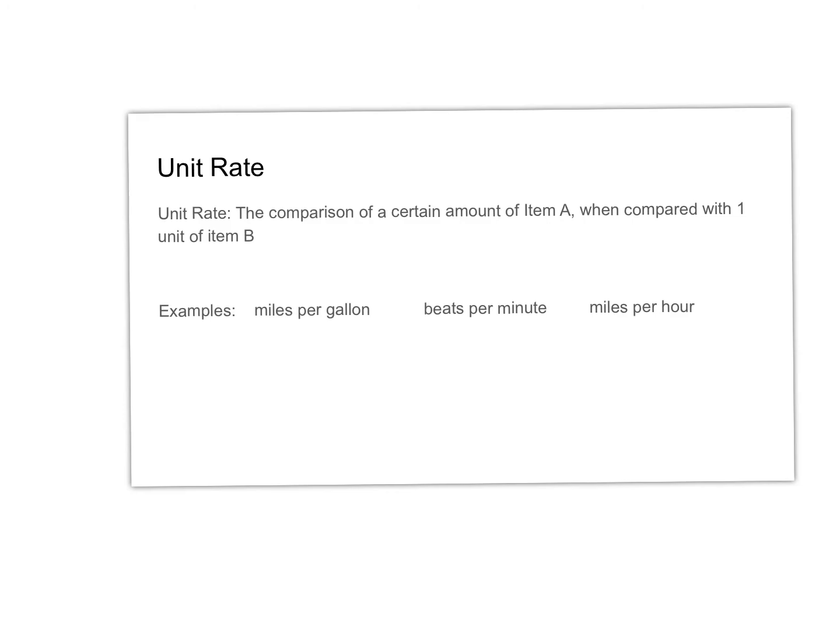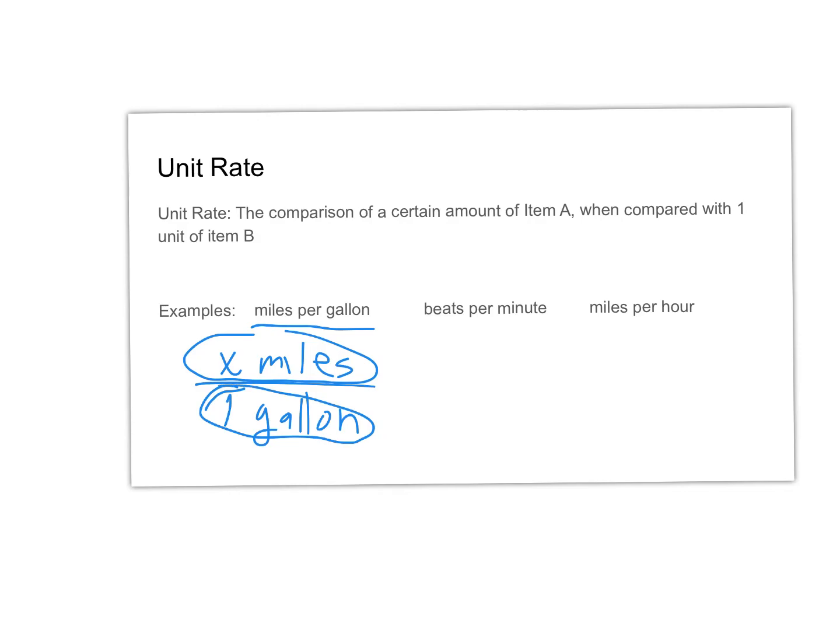Well, here are some examples of unit rate that we use all the time. Stuff like miles per gallon. This says we go X miles, or however many miles, on 1 gallon of fuel. Because we're comparing the number of miles to 1 gallon of gasoline, that's actually a unit rate. Another unit rate that we see a lot of is beats per minute, dealing with the heart or something like that. So you're going to have the number of beats